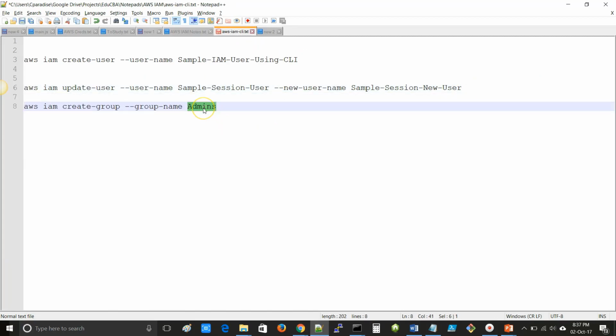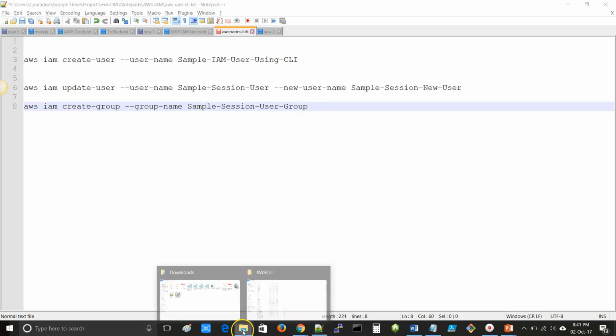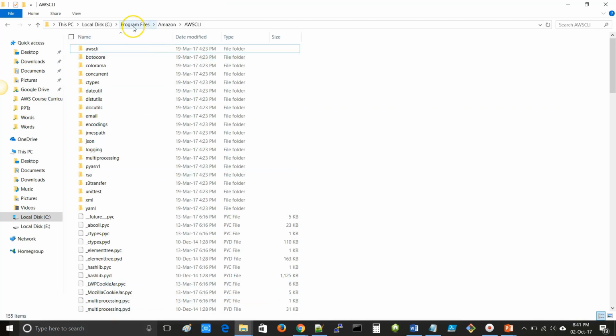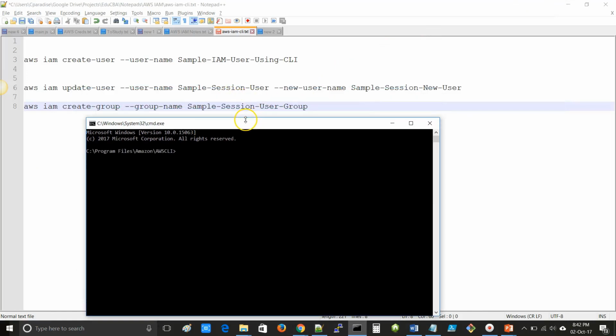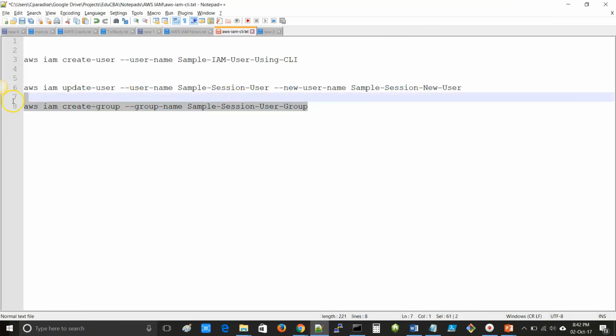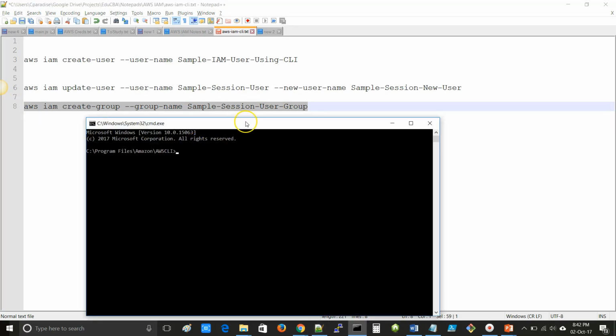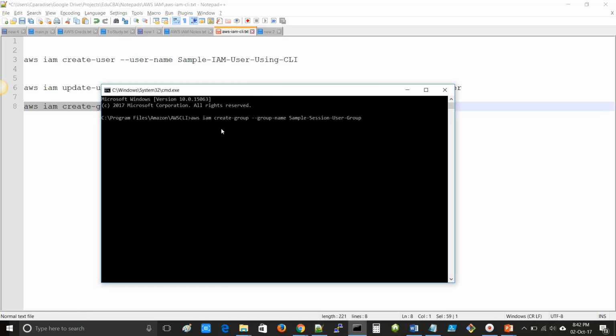So here you have to give the group name. So we will give sample session user group. For executing the CLI command, you have to go to the CLI where you have installed it. So go to the path local disk C, Program Files, Amazon, AWS CLI, and type cmd. So this is the CLI command prompt. Copy the CLI command and paste it on the CLI command prompt and press enter.